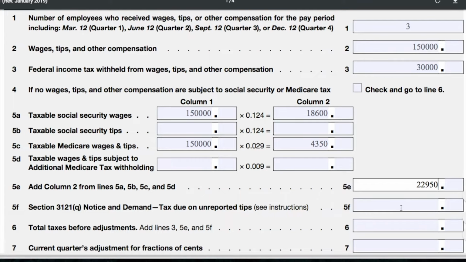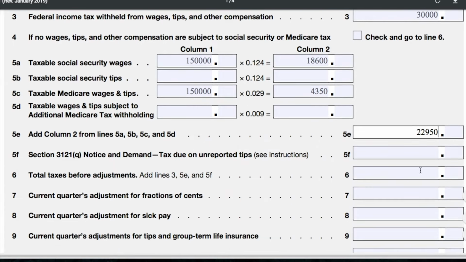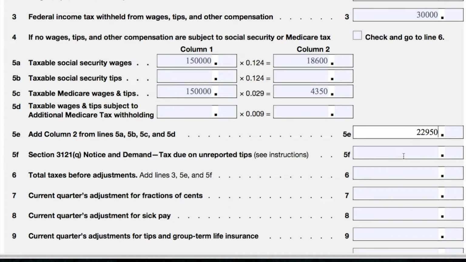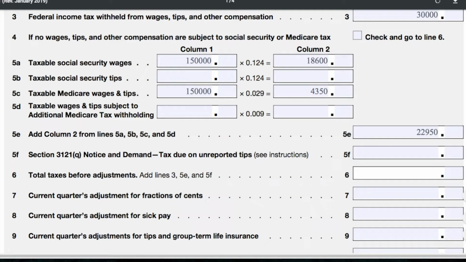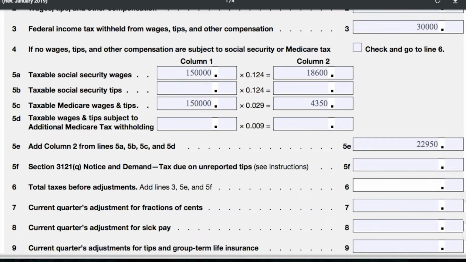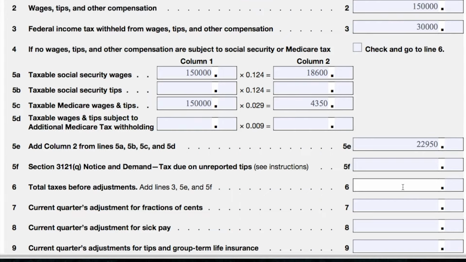$22,950. You would skip line 5F unless the IRS has sent you a section 3121Q notice about unreported or underreported tips. In line 6, you'll need to add up lines 3, 5E, and 5F if there's anything in the 5F box. So adding those up, I get